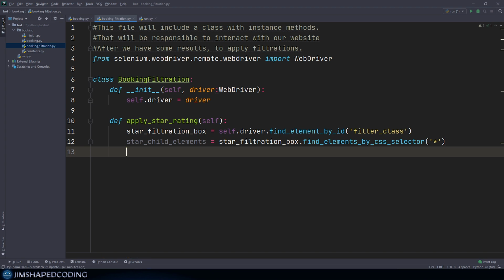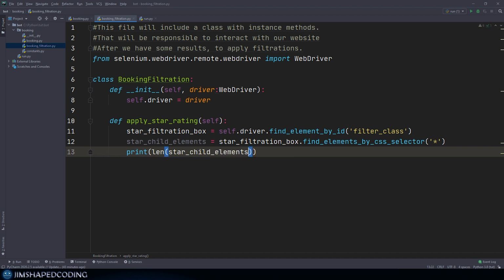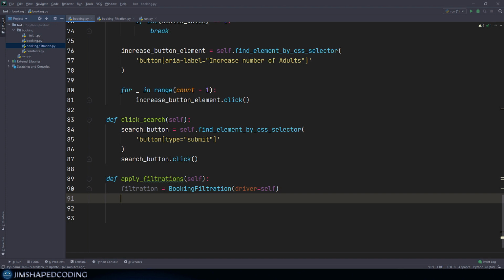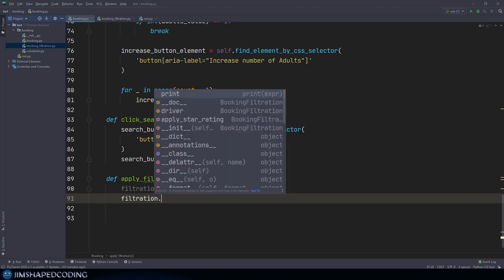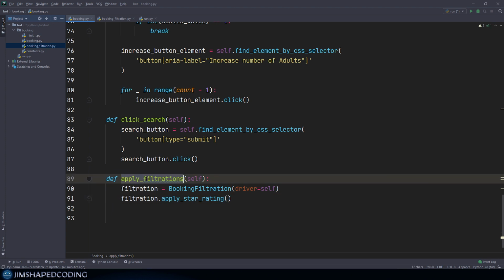So now we could go ahead and use something like print len star child elements to really see that we have some elements stored in this variable. And we can go to booking.py, and we can also use here something like filtration dot apply star rating. And if you remember, we did not use this method in our main file, which was